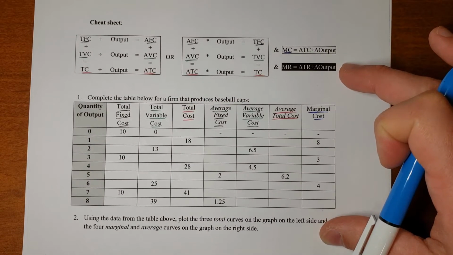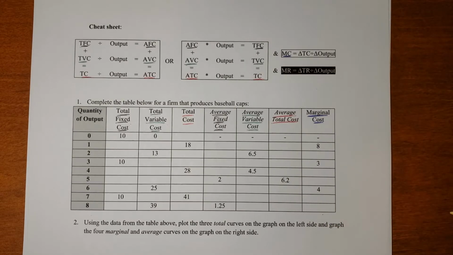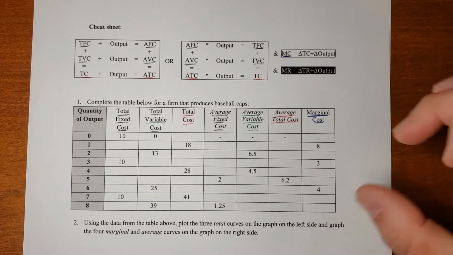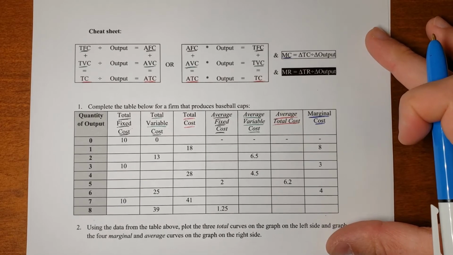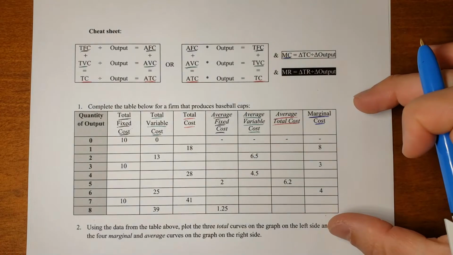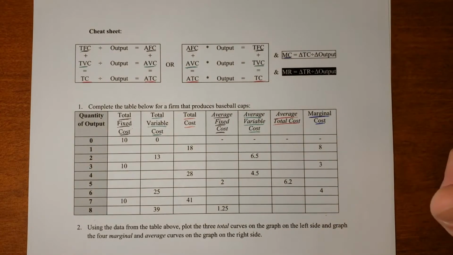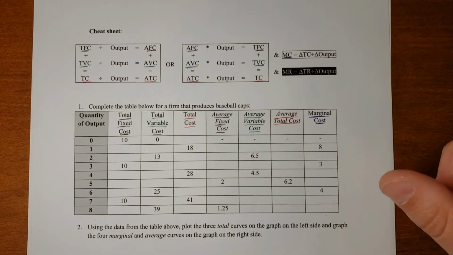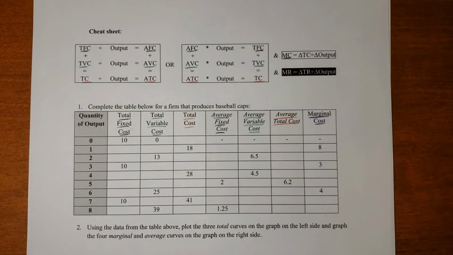Now, when I was an undergraduate, the first thing that we did is we drew the cost curves out. That is, we drew graphs. And I remember being a little overwhelmed at that moment in my life, and I thought, wow, I don't really understand what this means. Which is why I've taken the approach of first going through the data table and then looking at the graphs afterwards in the context of the data table that we had just gone through, and looking at them in some ways together.